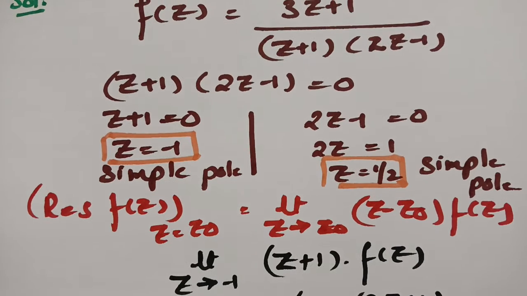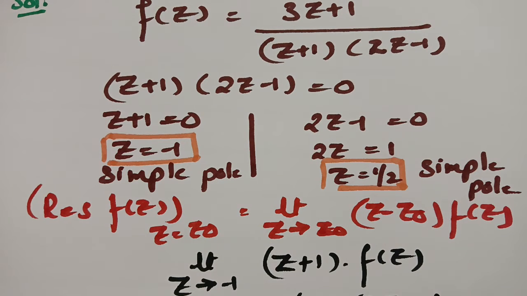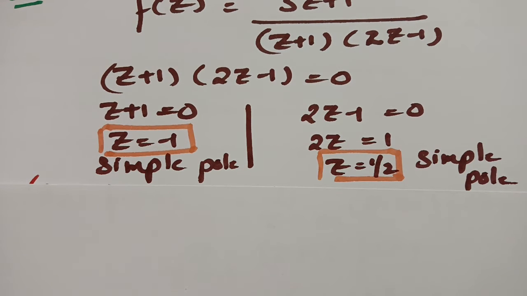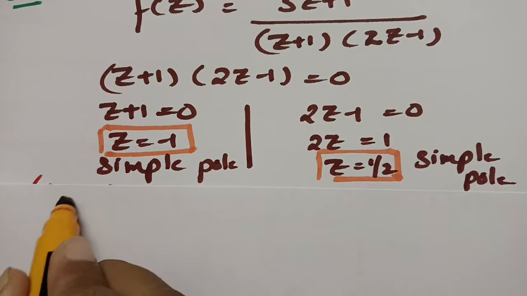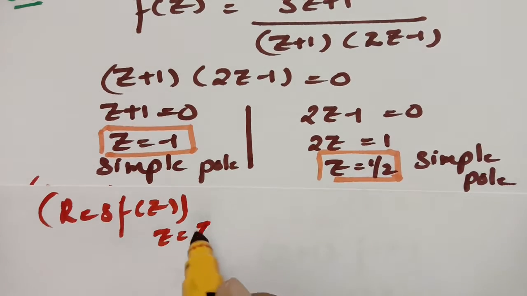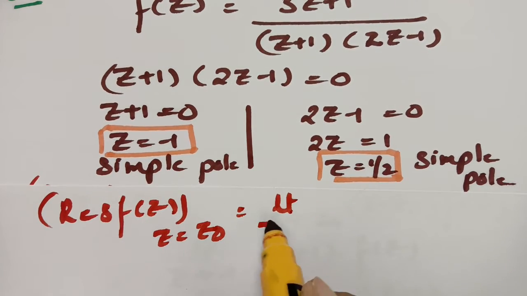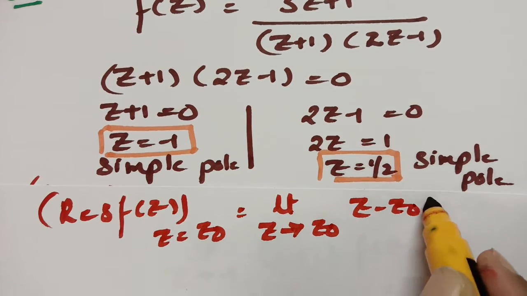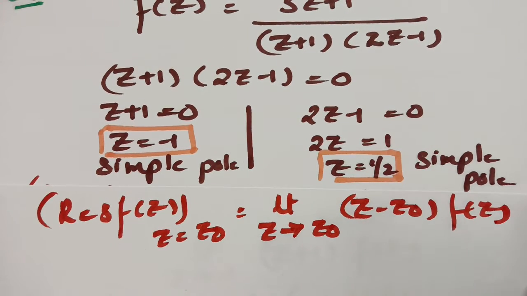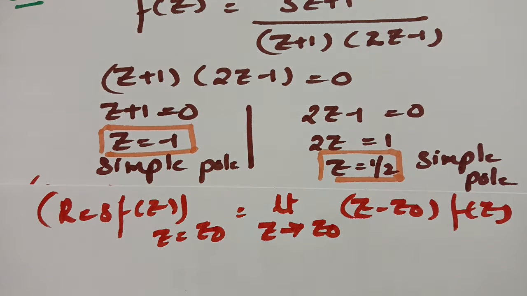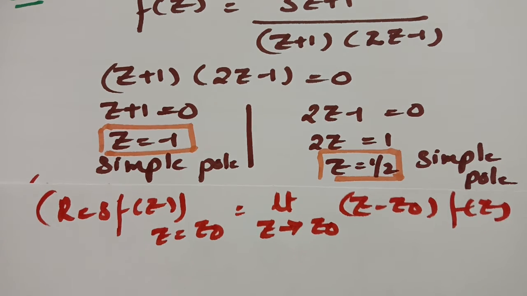And the next one here, the simple pole is half. So for finding the residue for half, this is also for the residue value of the function. So residue of f of z at point z is equal to z naught. Here for simple pole, limit z tends to z naught, this is z minus z naught into f of z is the value. For z is equal to half, z naught value, if I keep this as half and see